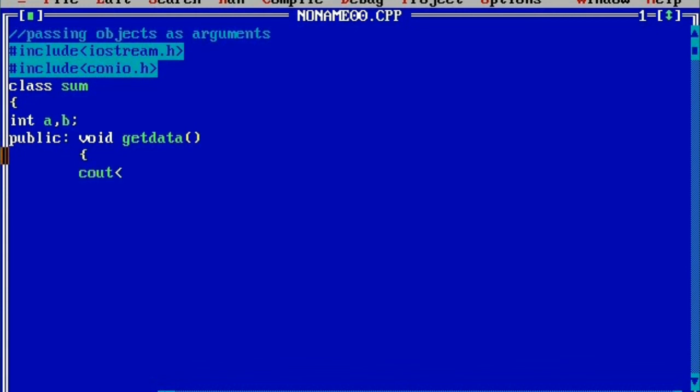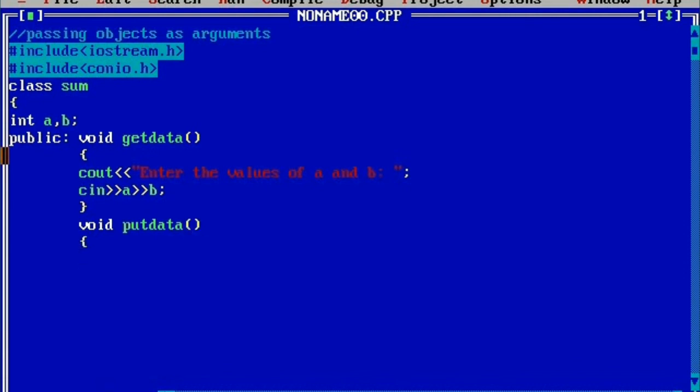Here I'll write cout, enter the values of a and b. Then we will use cin statement, stream extraction operator a, stream extraction operator b. Then we will use void putdata. Now we want to display the data.